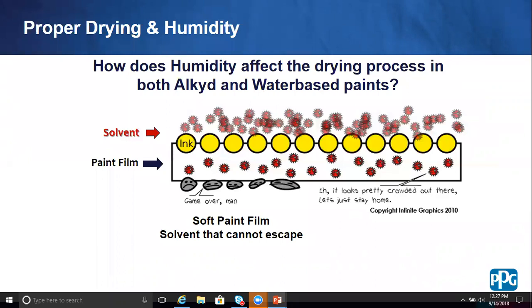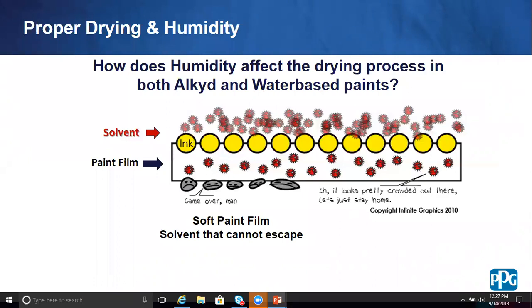And then you look at the solvent molecules saying, "Hey, it looks pretty crowded out there. Let's just stay home." So that's the problem, is that a lot of people will look at temperature and think that's the main thing they need to get paint to dry. And it's really humidity that sets people back, because when you get very high humidity over 85%, typically at that point, the air is so supersaturated that paint film will never start evaporating. It'll make all the paint stay wet, and it might, in some cases, even absorb back into the paint to make the paint wetter and